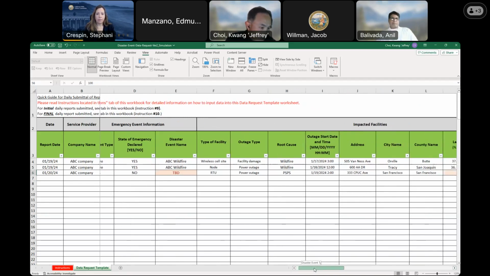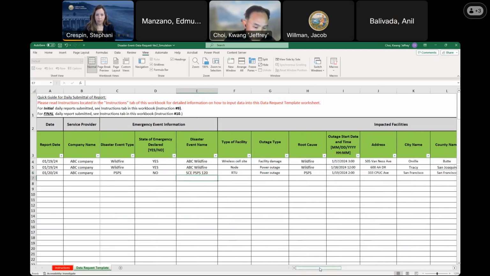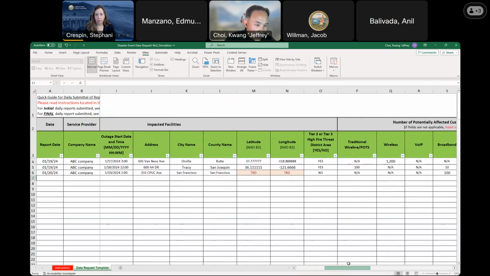For example, maybe you got to know the name of the disaster, like SCE PSPS 120, you can put it here, and then if you got to know the latitude and longitude, then you can put it here. I will put this one here,